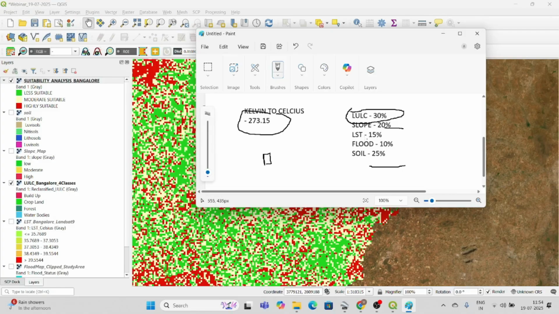Just imagine if you forgot to include the flood factor, then you may be vulnerable to flood any time. Am I right? Because you didn't do the analysis, that doesn't mean that area is safe and not flood affected. That means there is no flood in the previous histories, right? So you need to know how to prioritize the factors.